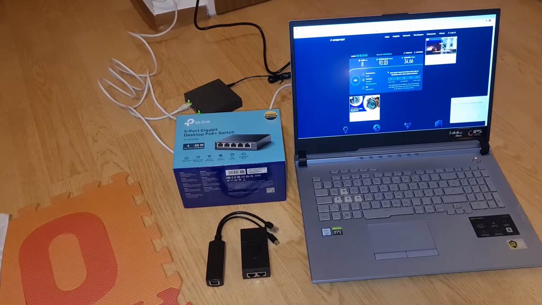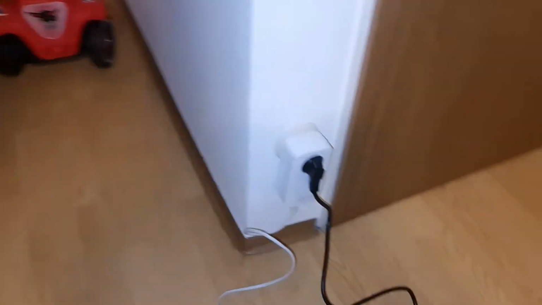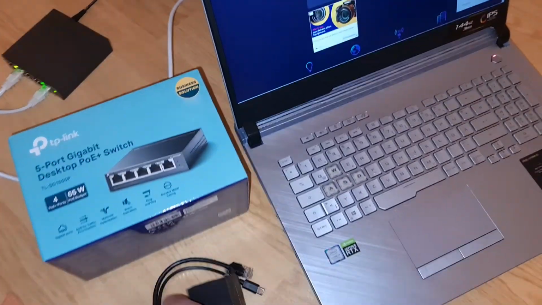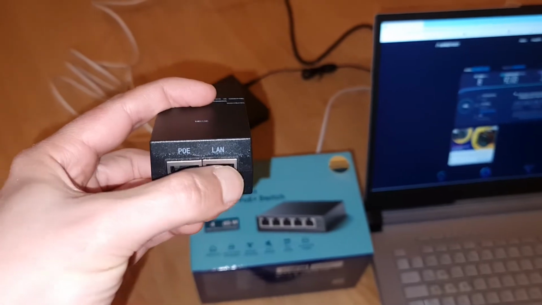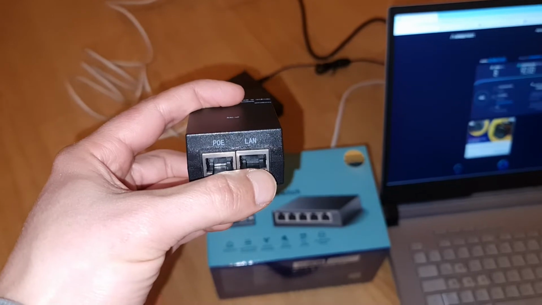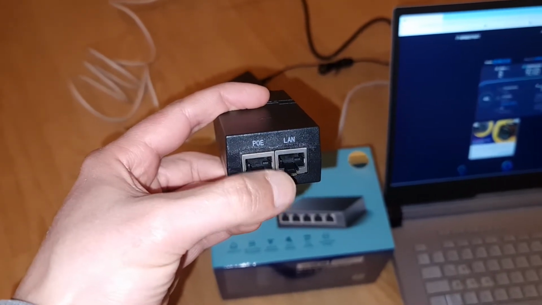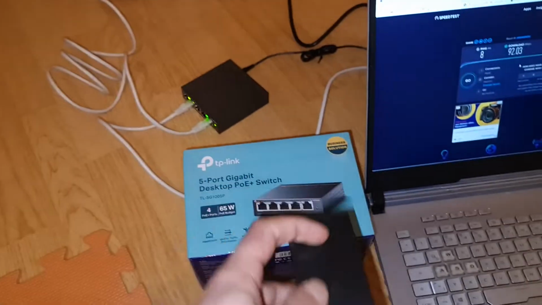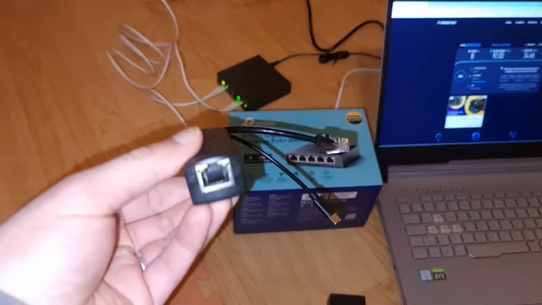So basically you will need an internet source, and you bring it to your injector, like here it's right LAN. You enter the internet from the Ethernet cable from your router, and from here will come an Ethernet cable. It provides you with power plus internet, and at the end of this cable you will need a splitter like